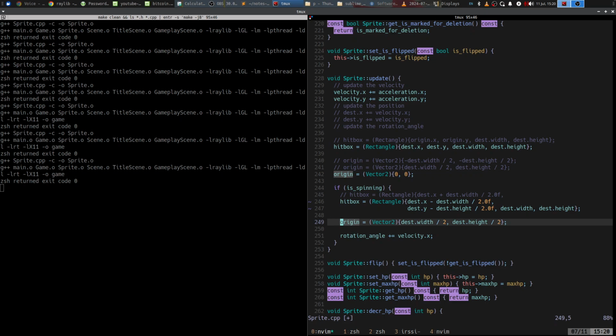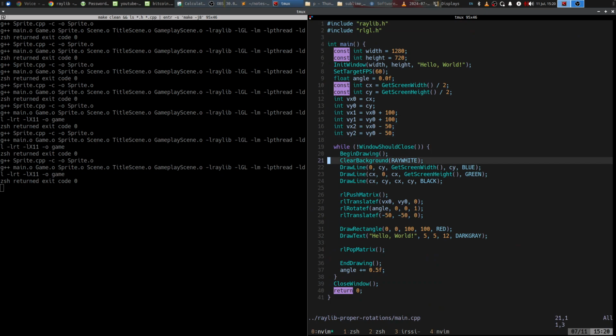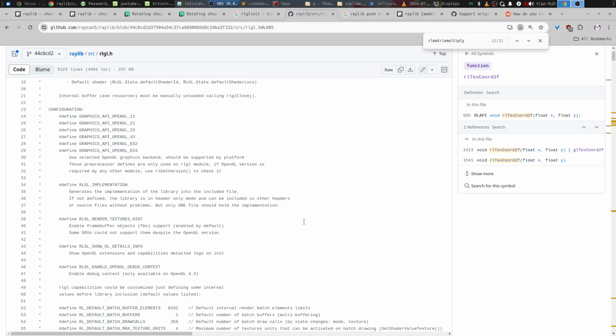This, you know, is why I'm drawing so many bounding boxes right now in order to figure out the geometry of this thing. And that's when I realized, oh, there's probably some extra stuff that I'm going to have to do. And digging around, this is where I discovered the RL functions. So digging around in rlgl.h,